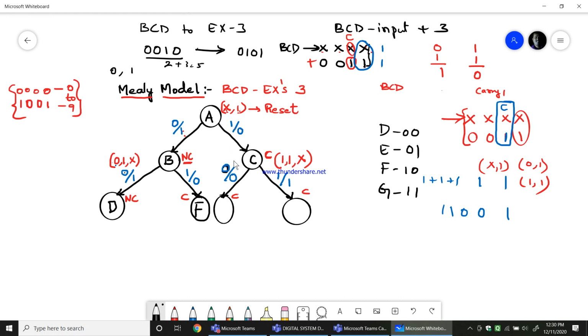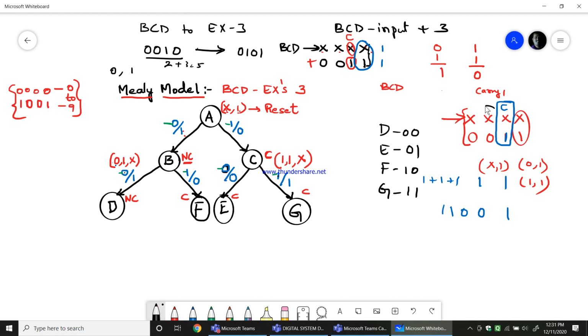0, 1, see only the inputs going back to each state. So, 0, 1 is E, whereas here it is 1, 1, from this to this, 1, 1, which is G. It is D, F, E, G is the state which I have written. So, you should only look into 0, 0, which is D, 0, 1 is E, 1, 0 is F, 1, 1 is G. Fine.